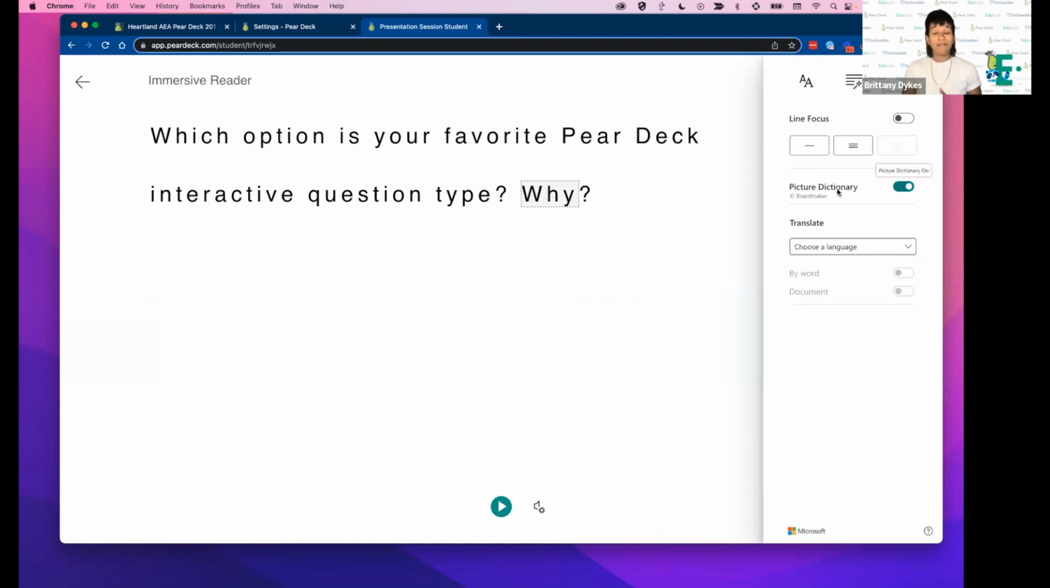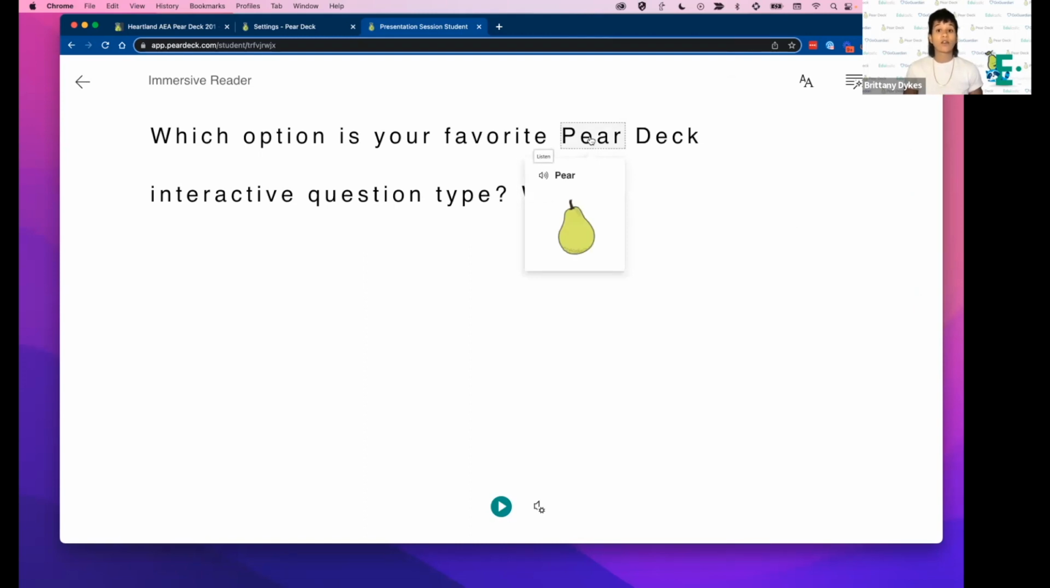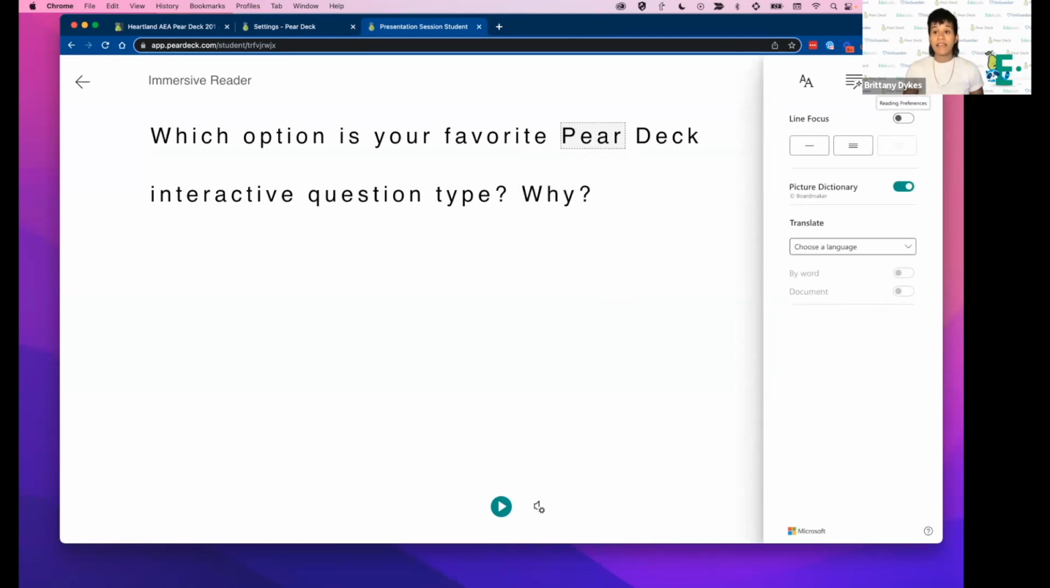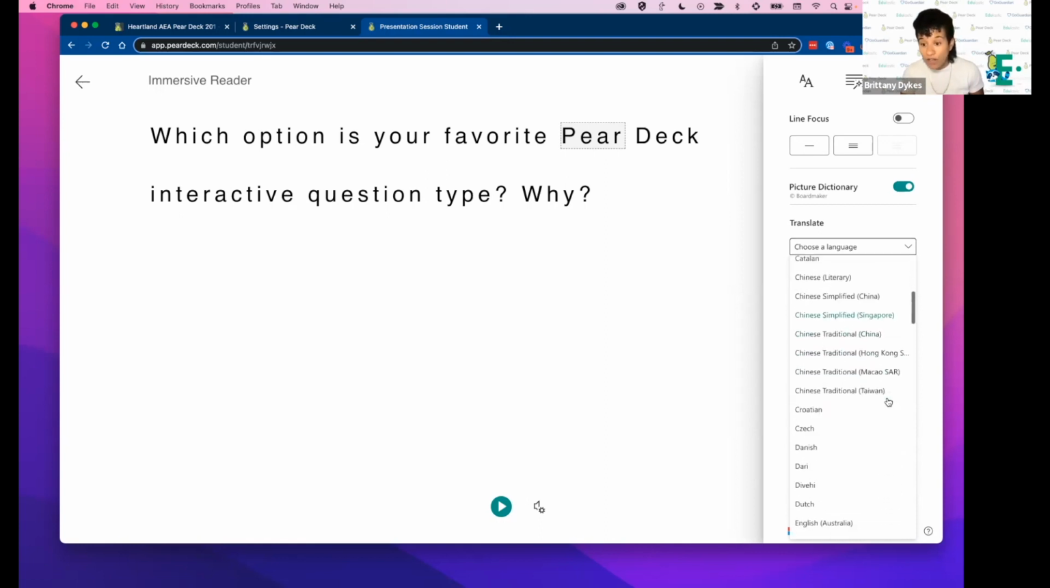We have the ability to have a picture dictionary. So that means when I click on one of these objects or one of these words here, it's going to show me the word and it'll give me a picture that I can associate with that word. And then we have the ability to translate this text. So this is great for our English language learners as they're kind of getting their feet under them. They can still translate some of this text. So again, we're creating an equitable environment for all of our students to be able to participate in our lesson today. So if we go down here and I'll just choose Spanish,